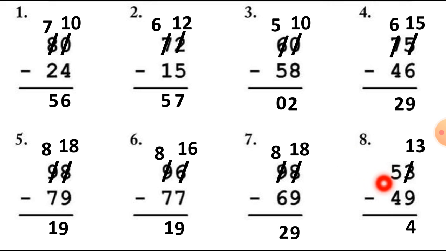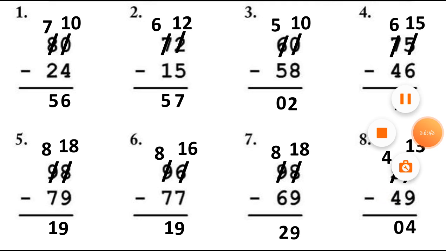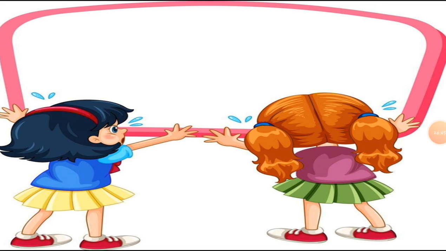5 minus 4. So first of all we cut the 5 number and cut one number from this 5. So 5 minus 1 is equal to 4. Now 4 minus 4. We cut 4 number from this 4 number. So nothing is left, so we have to write down 0 there. This way we can solve the sums of borrowing. Hope you understood this, how we can solve the sums.